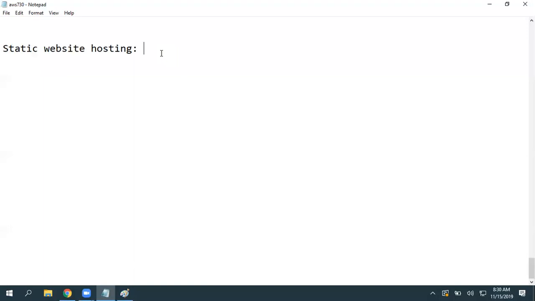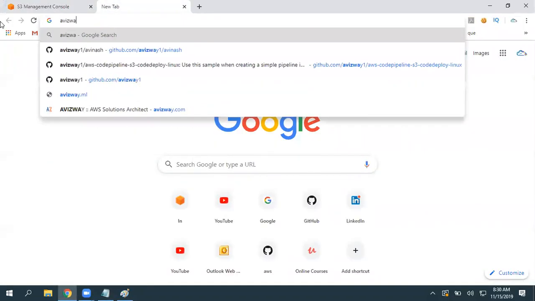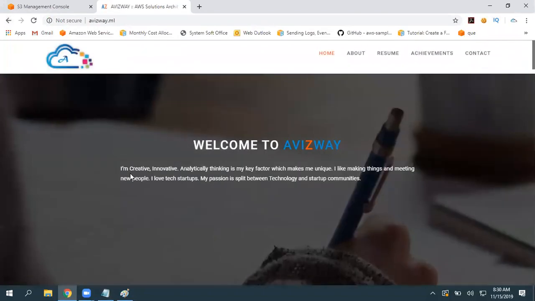Static website means it's fixed. It is the same for everyone. So let's assume you have a website. This is a static website. Whoever is opening this website, this is my personal website basically. If you give that URL, it is going to be the same. If I am opening it, it is going to be the same. So this system doesn't know whether the owner is opening or this guy has admin permissions to modify this, nothing like that.